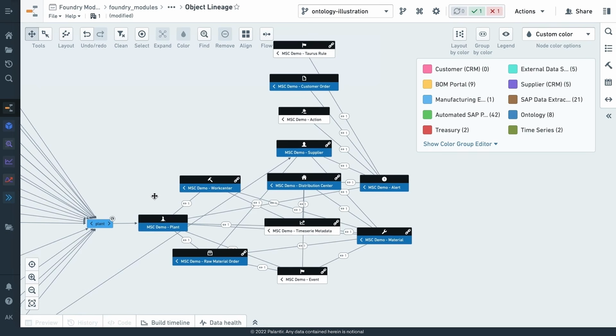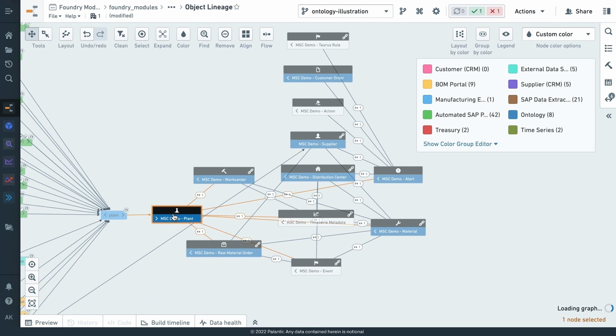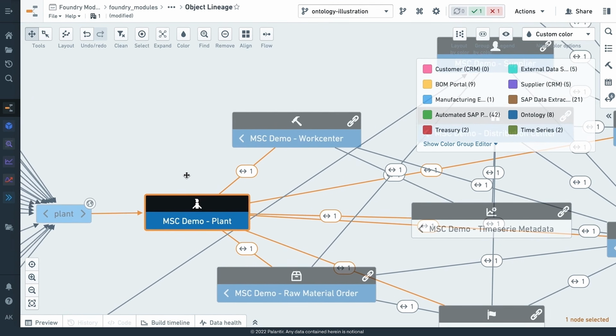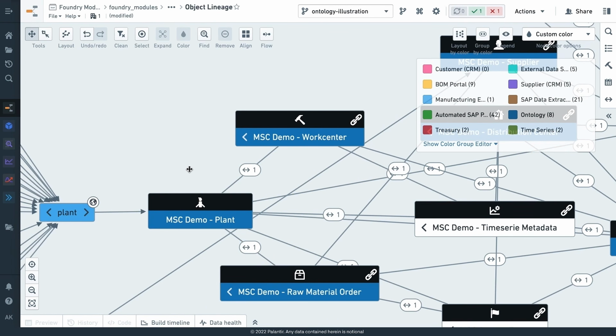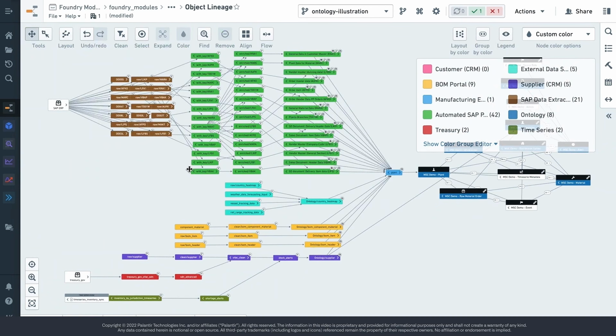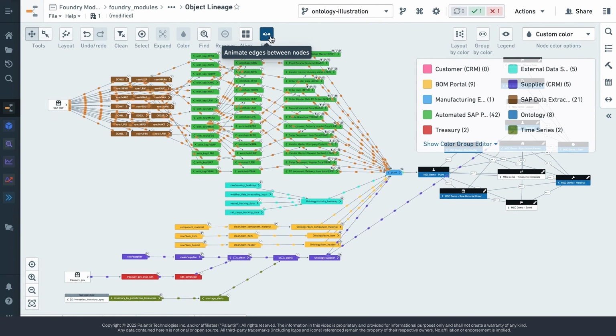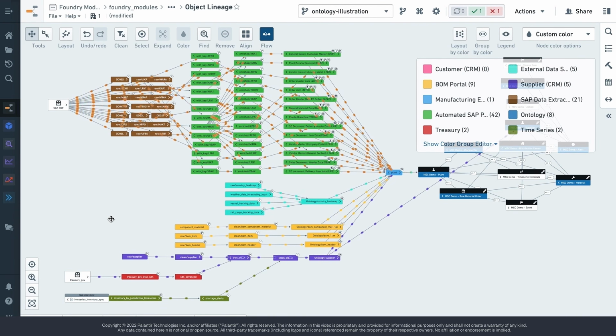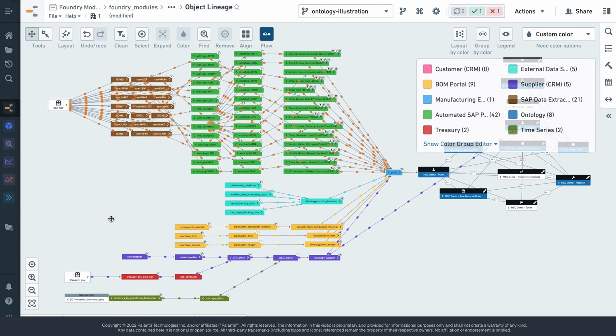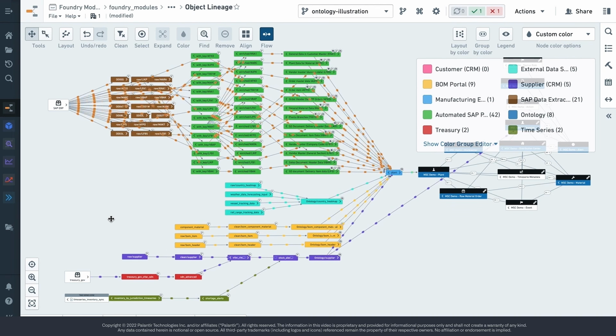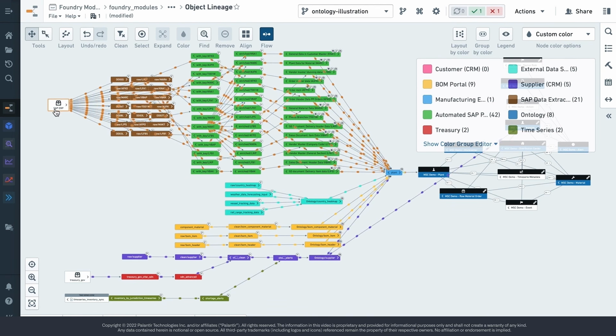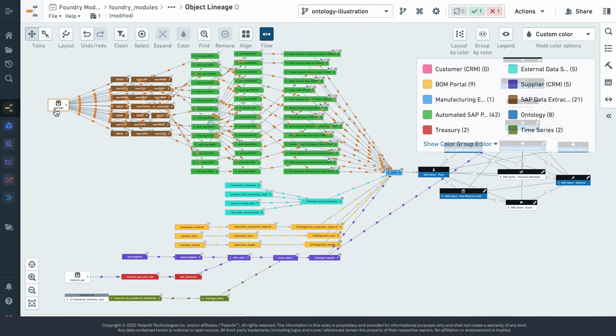But the idea is that if we look at any one of these objects, we're going to go into the plant to start, each of these is the culmination of many different steps of data integration. If we zoom out, what we see in this spider web diagram is the story of how we integrated different data sources to build this plant object on the right-hand side. Reading this from left to right, we're pulling in a couple of different data sources. Typically, these diagrams are much larger and more complex, but this is just a starting example of us connecting to, on the left-hand side, an SAP ERP system.